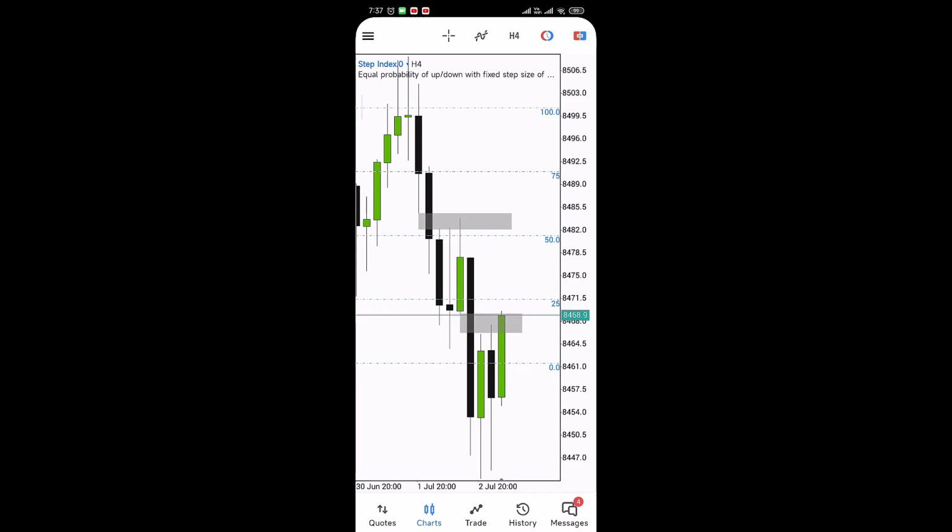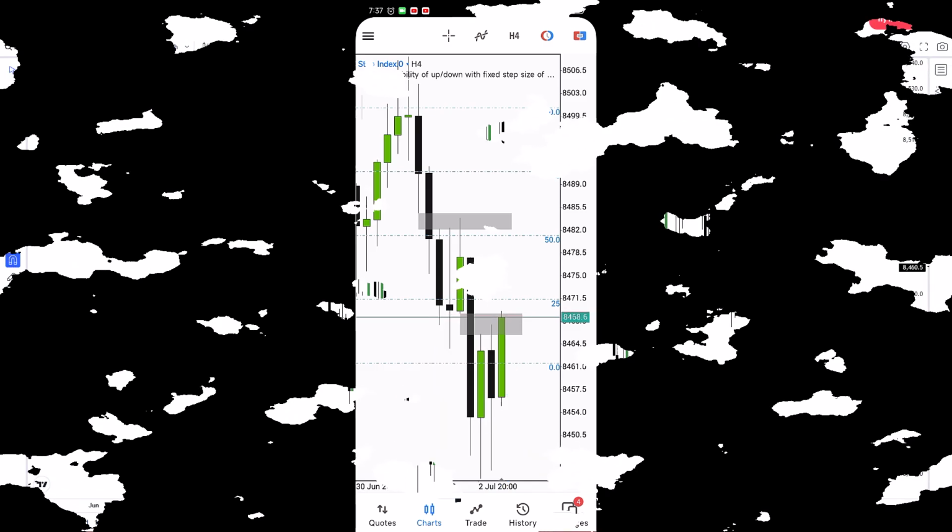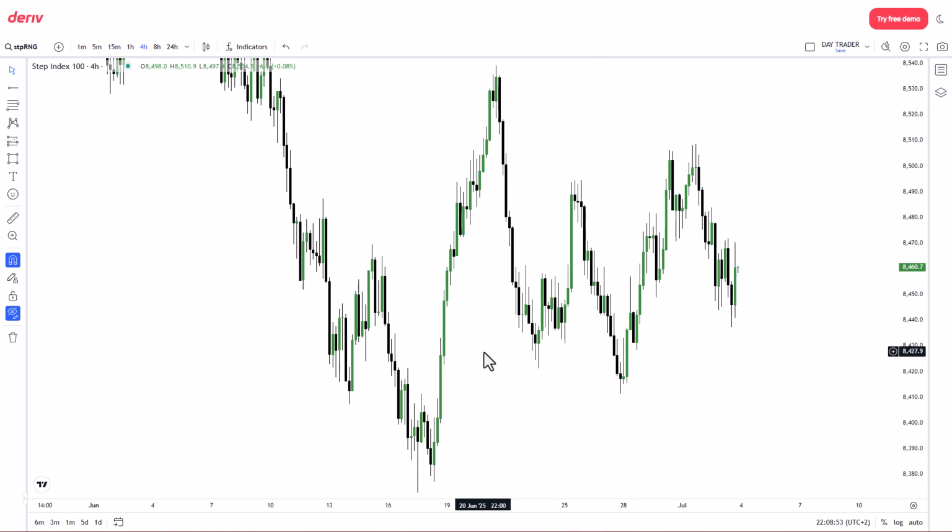Step index on a 4 hour. At the 25% quadrant level, I have this favorable gap with this bearish order block, and I want to see price action remain heavy on the downside. Use that 25% as a resistance. We're looking at step index on a 4 hour time frame,